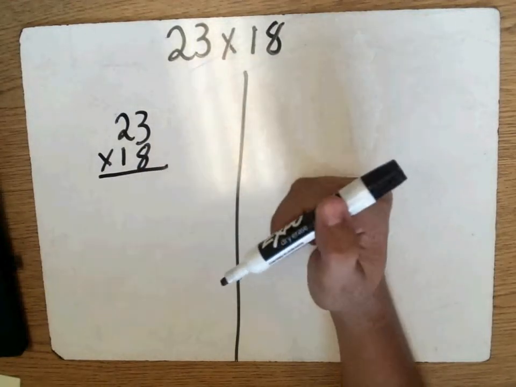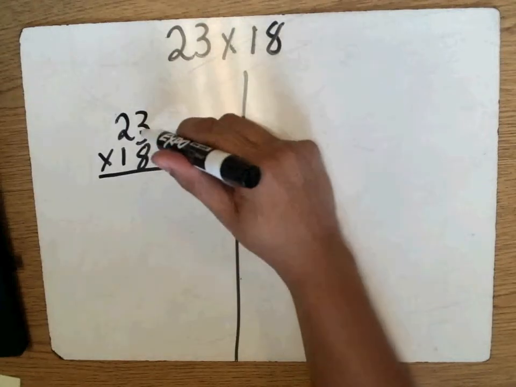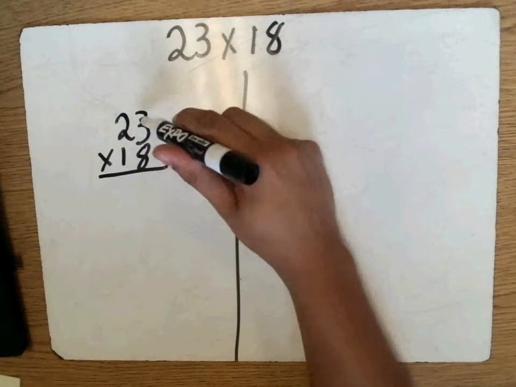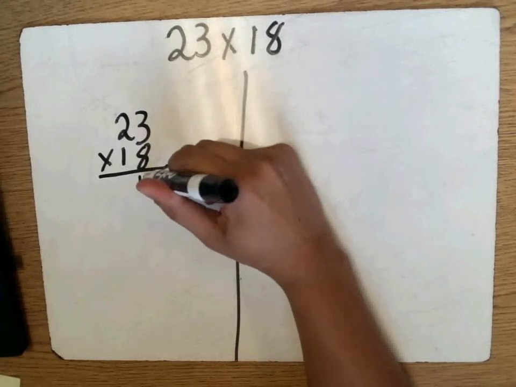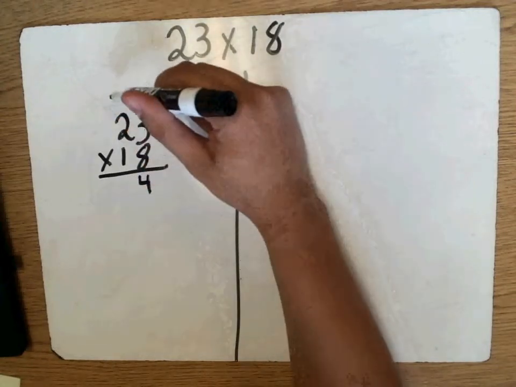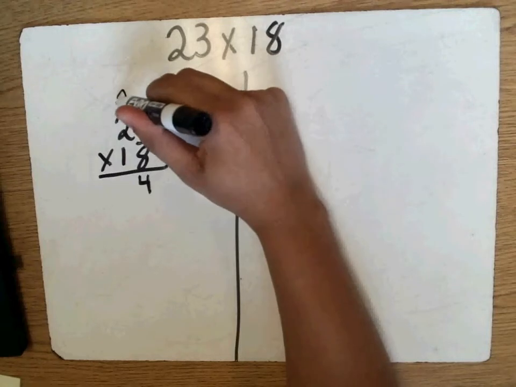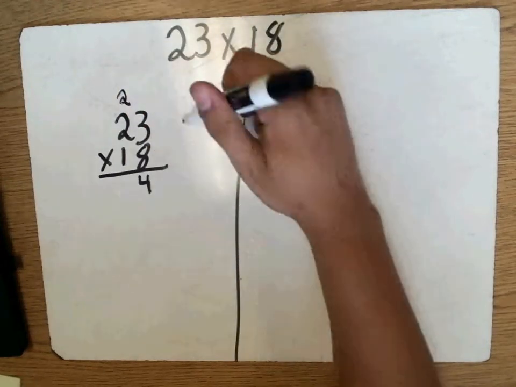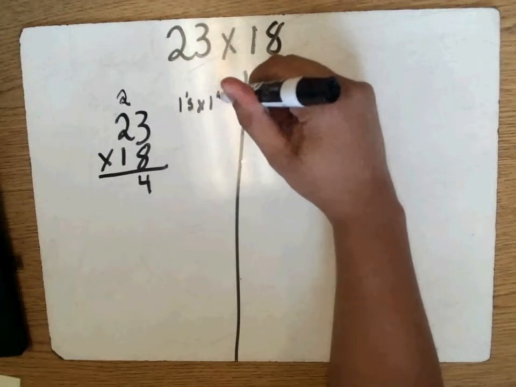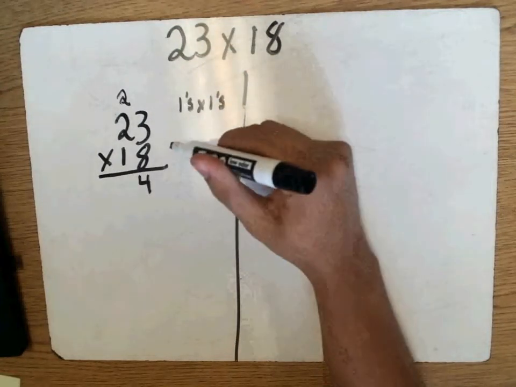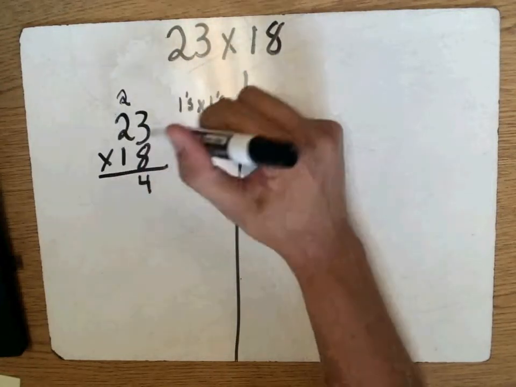And so I'm going to take my ones times my ones place, so 8 times 3 is going to give me 24. I'm going to drop that 4 into the ones place, regroup that 2 over the tens place, and then I like to write a little memo for me on the side here of what to do first, and then I like to do my ones times my tens place,